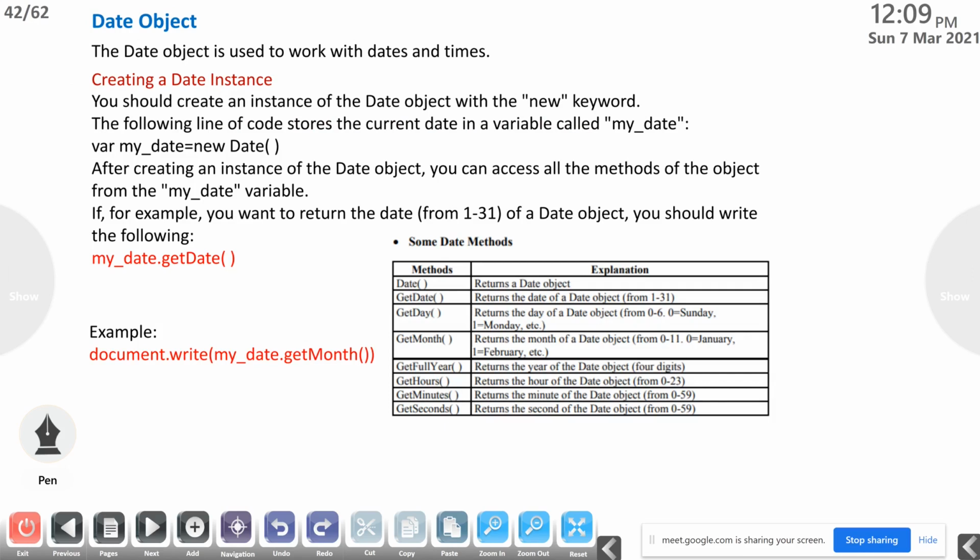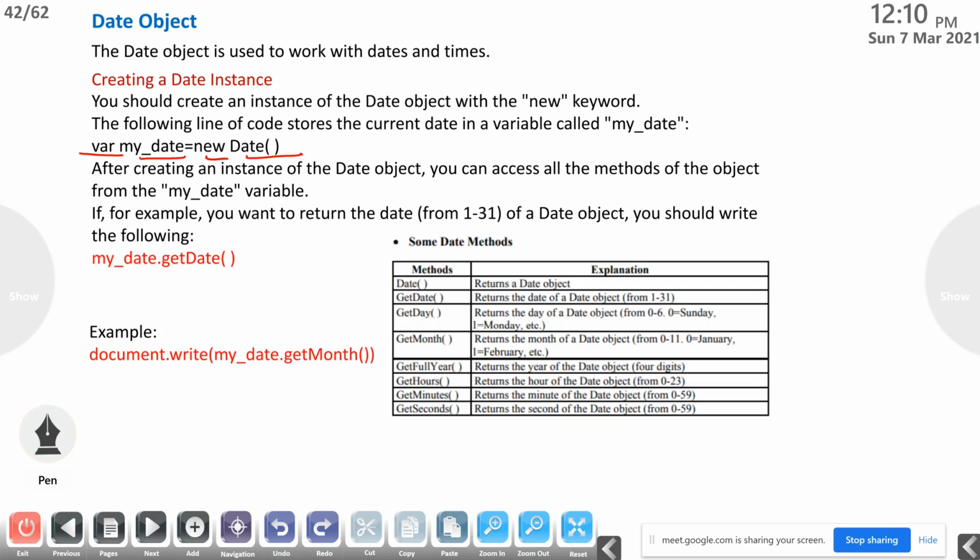Then date objects. Another object is date objects. The Date object is used to work with dates and times, creating a date instance. So you should create an instance of the Date object with the new keyword like this: var myDate equal to new Date function. Like this you can create an instance of the Date object.